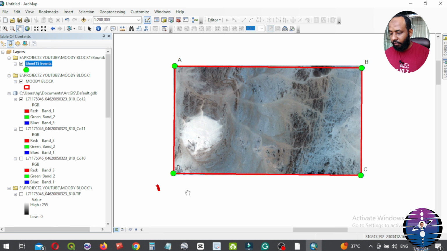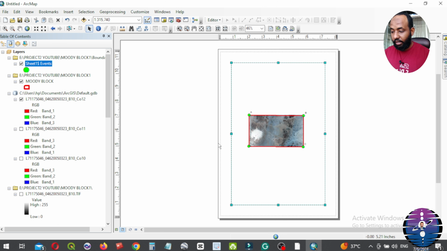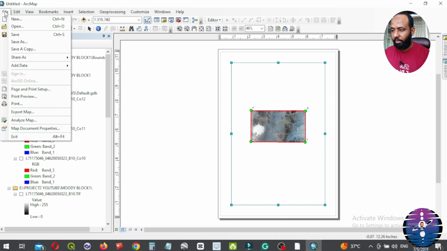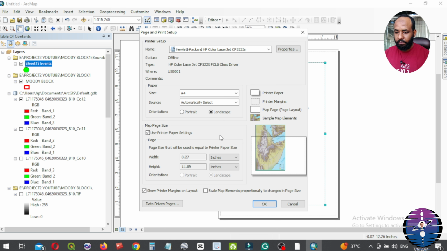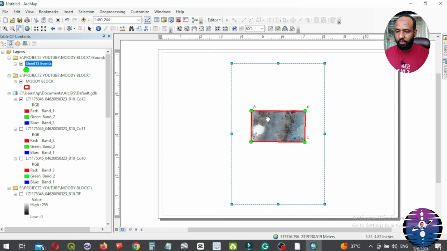Finally, from the layout view option at the bottom of the page, we create the map output and add the finishing touches such as title, coordinates, north arrow, legend, and scale bar. From the file, page and print setup, make it landscape. Okay.